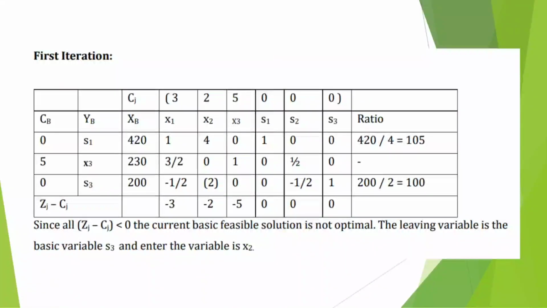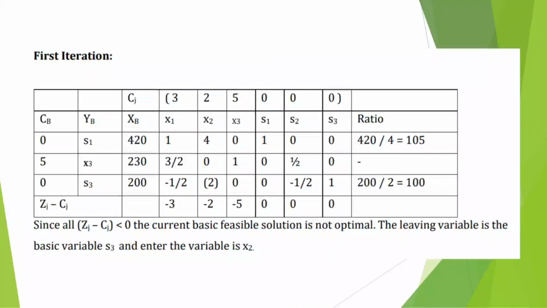Now let us move to the first iteration. The procedures are the same. Previously the leaving variable was s2, so we have replaced s2 by the entering variable x3 in this table. The rest of the values are the same, and the interior matrix values are found by using the formula. The aim is to convert the pivot element to 1 and the remaining values in that column to 0. So now again by the procedure we have determined the